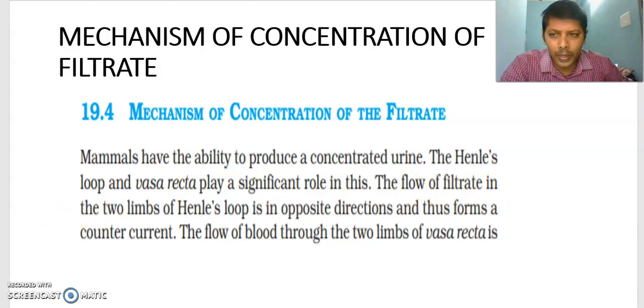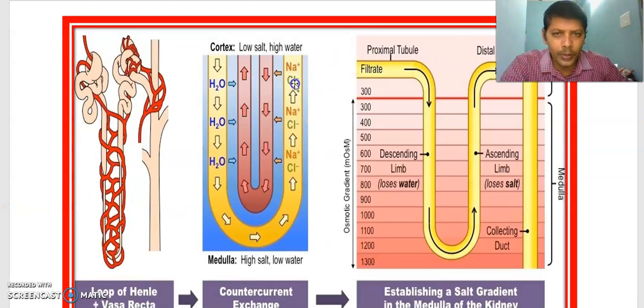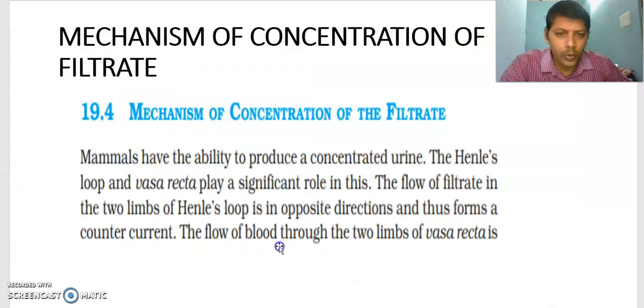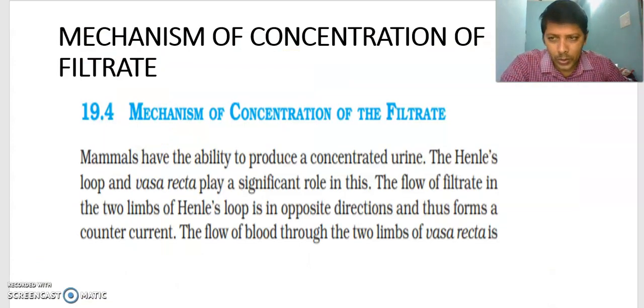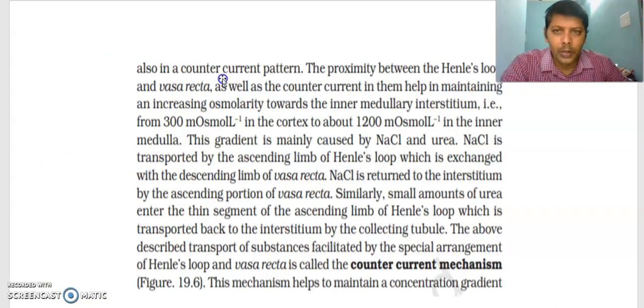The flow of filtrate in the two limbs of Henle's loop is in counter current fashion, in opposite directions, and the flow of blood through the two limbs of vasa recta is also opposite. That means that is also a counter current. Another important point here: they are very close. The proximity between Henle's loop and vasa recta, as well as the counter current in them, help in